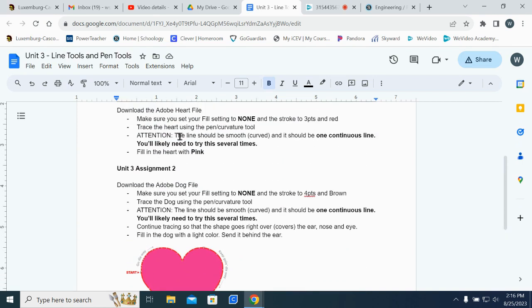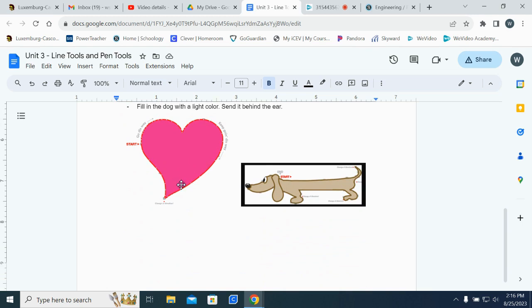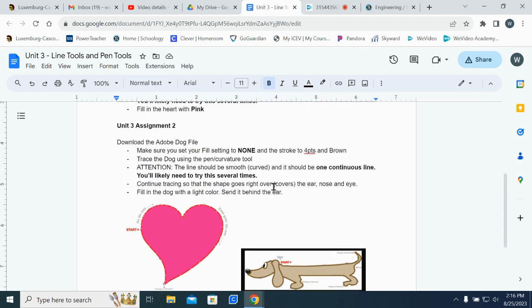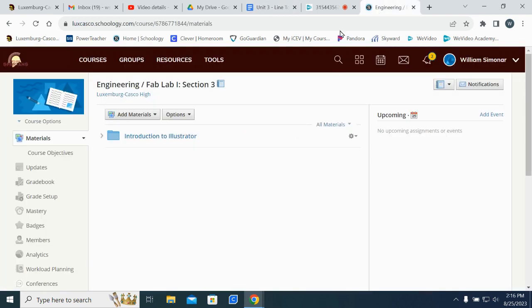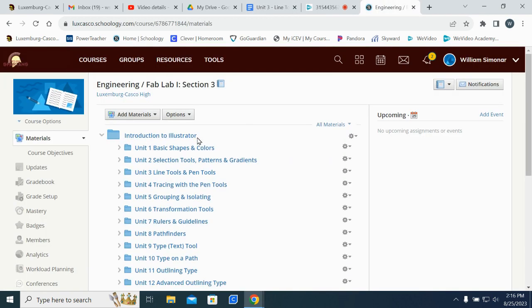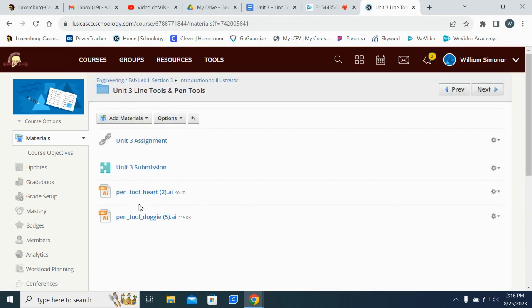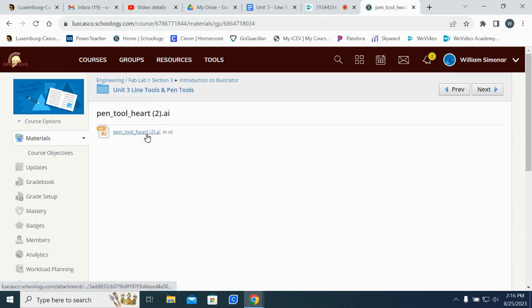Okay, so you will be downloading two files, this heart file and this dog file. Where you get those is in Schoology. So if you go to Schoology, you click on Instruction Illustrator, go to Unit 3. You got to click on here, and here's where your two downloads are. So if I click on, here's the heart one, click on this,